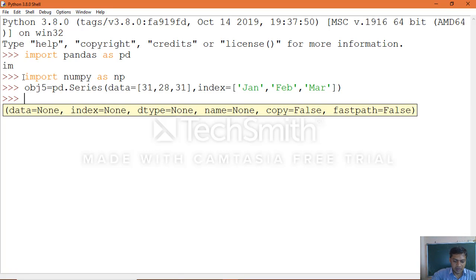Now apply object name dot index, which you want to retrieve. Index is one of the attributes with which you can retrieve the index values.